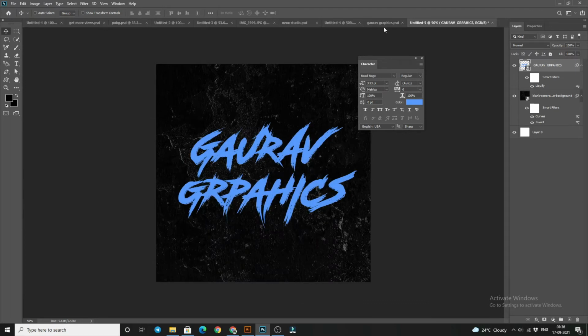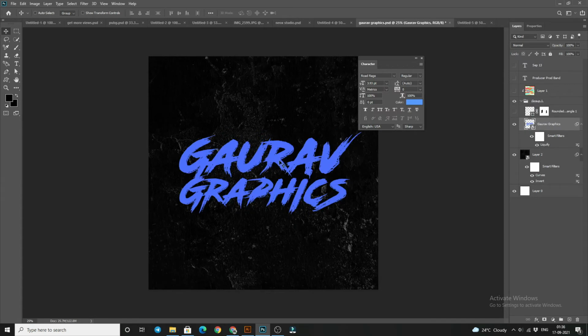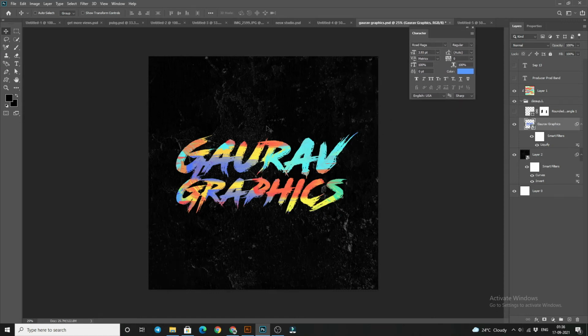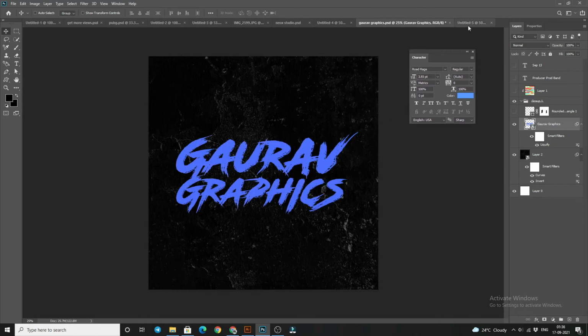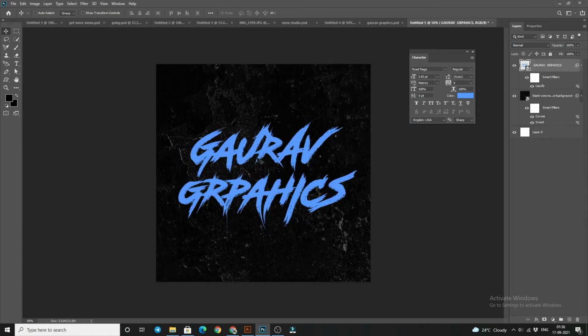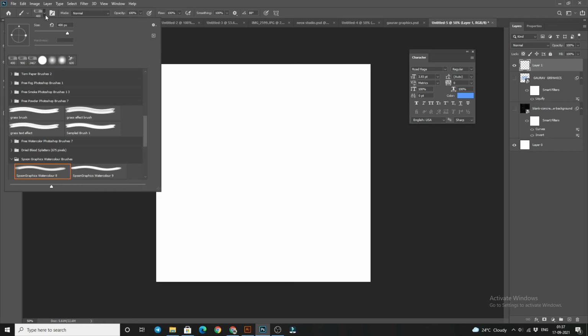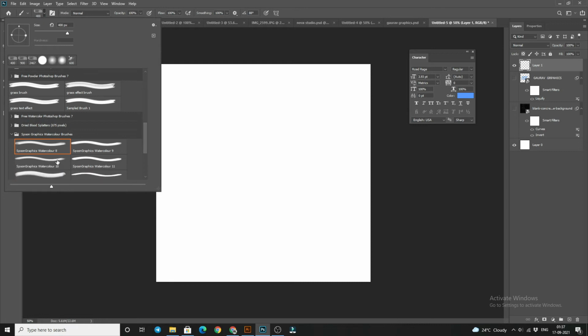Now go to our old artboard. So this is our text, and I had made some brushes, color brushes. I'm showing you this in a different artboard. So we have to first make all the layers invisible. Now select the brush, now select an empty layer from here, and now select the brush. So this is our brush, and you can download this brush from the description link I have provided, and the name of that brush is watercolor brushes. You can also download these brushes from Google.